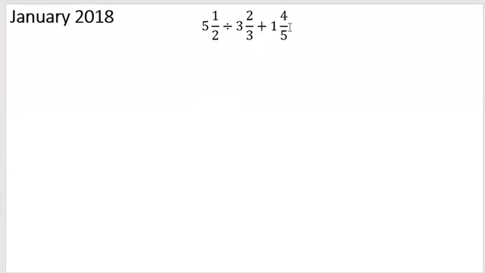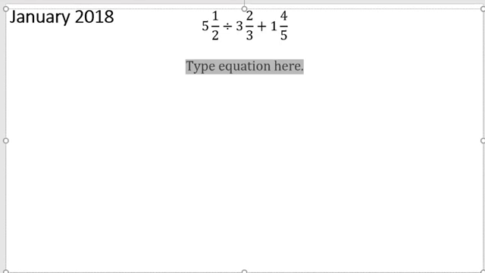Now we are at January 2018. So we're working the first part of our fraction, which is the area that contains the division. So we're changing our fractions first to improper fractions. So it is 2 5s, 10 plus 1, 11 over 2